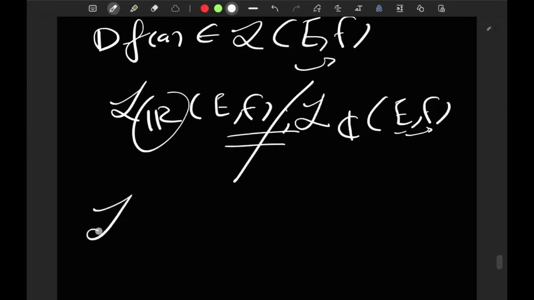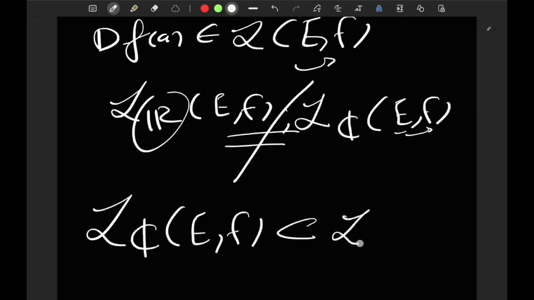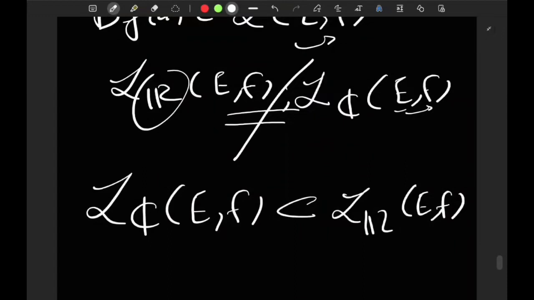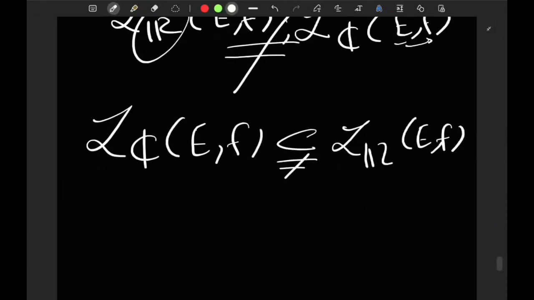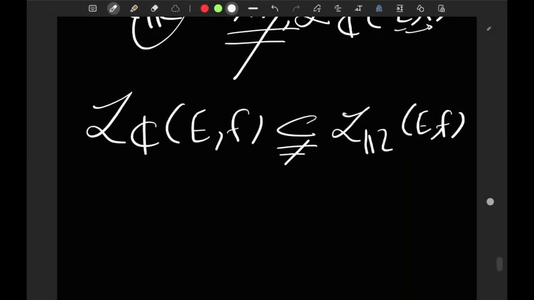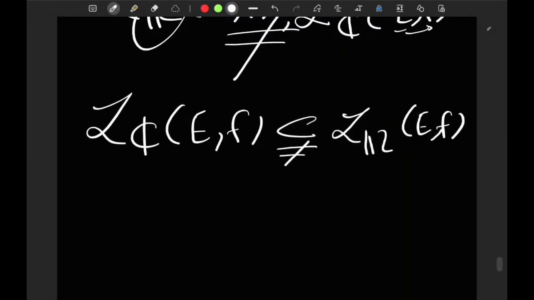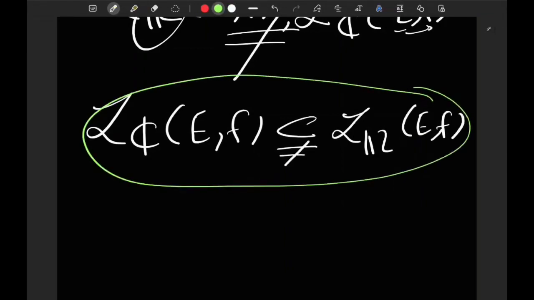Okay, but it's a fact that LC of EF is a subspace of LR of EF, because every C linear map which is continuous is also an R linear map which is continuous. But it's a proper subspace. And for maps which are C differentiable, we said very briefly the Cauchy-Riemann conditions. These Cauchy-Riemann conditions are coming from this very kind of thing. To be more precise, this along with a few other stuff, but this primarily was causing the additional constraints